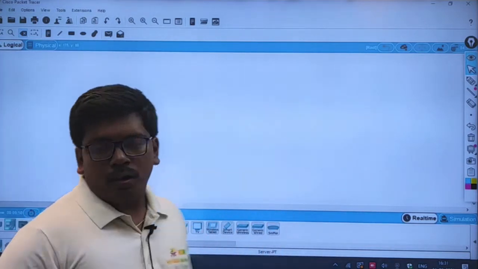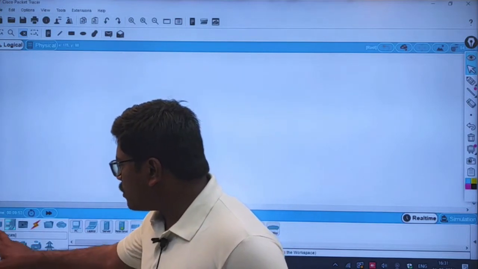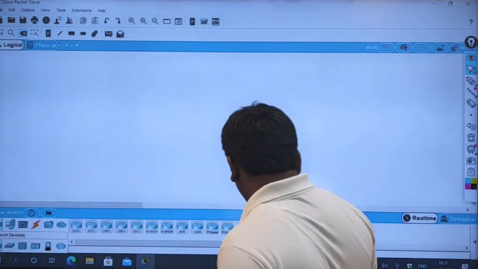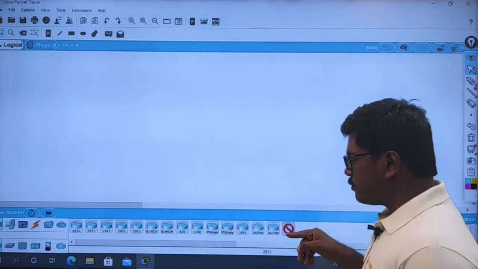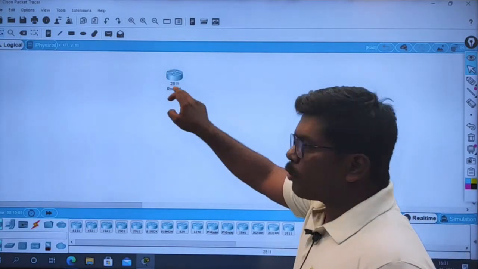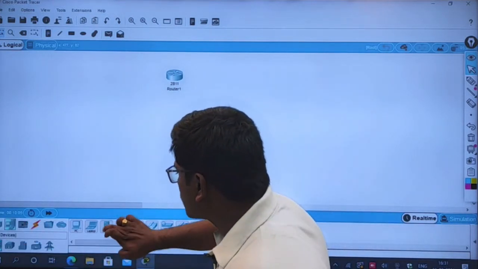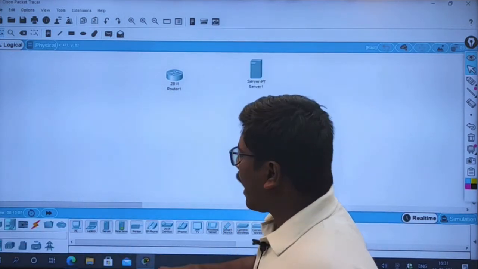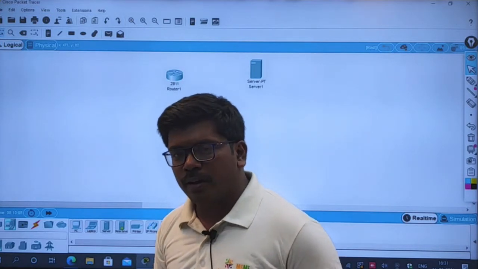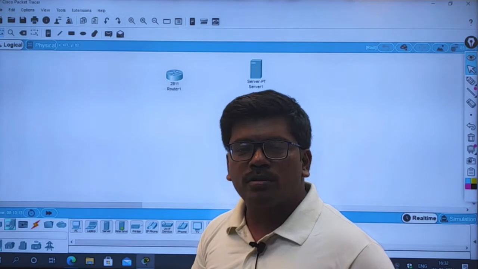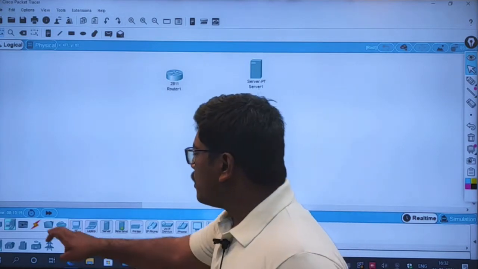You can see the routers at the bottom here, and I'm going to use a 2811 router, and I'm going to use a server. And as I'm not focusing on many configurations, I'm directly using the graphical modes present in the Packet Tracer.